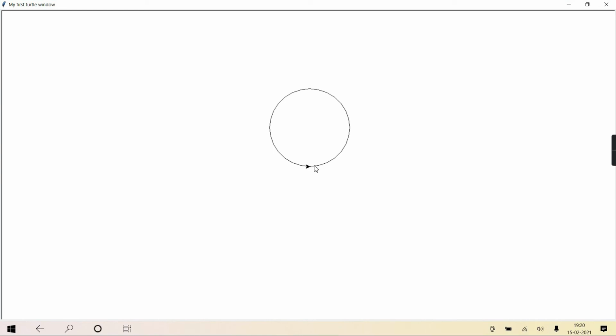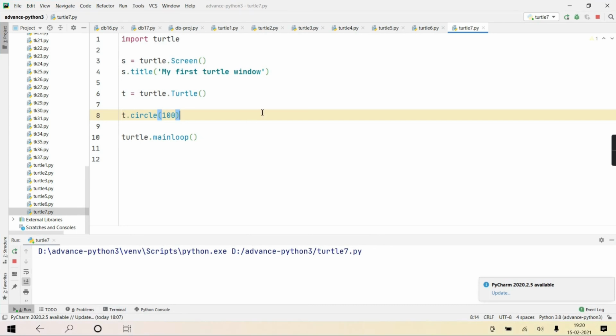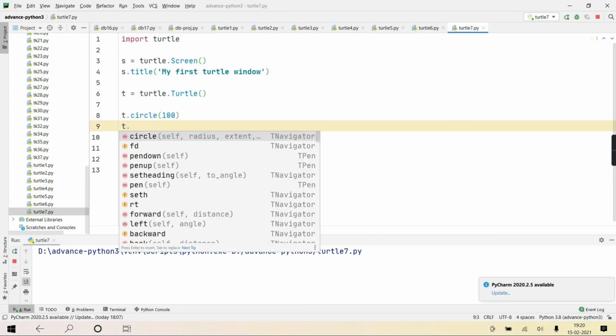East. And now if I tell it to tilt, move right or move left by some degree, so suppose I say by 45 degree, so will the face be at 45 degree? And now I say draw a circle, so with respect to the direction in which the face is, it will draw a circle of whatever radius it is. Getting?